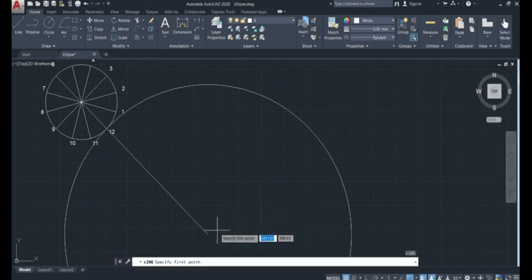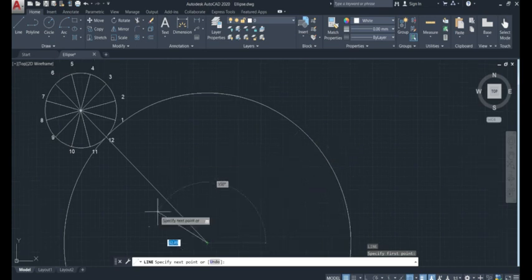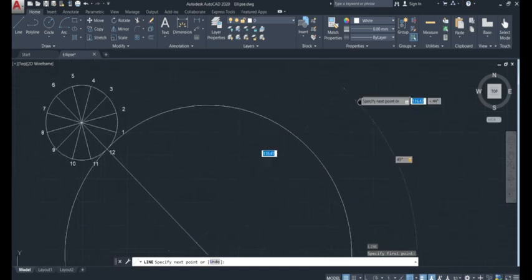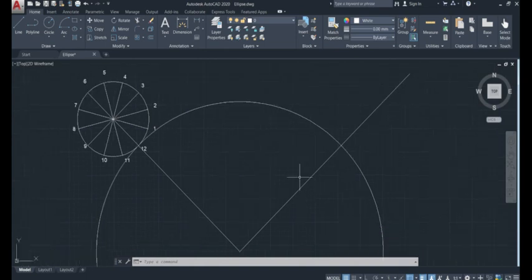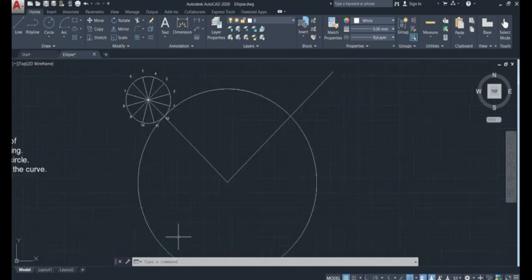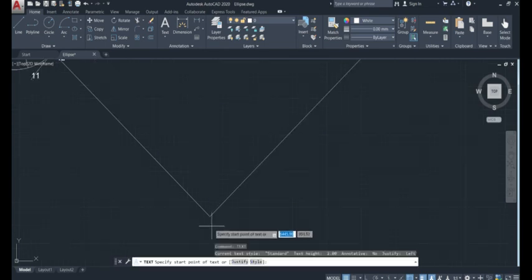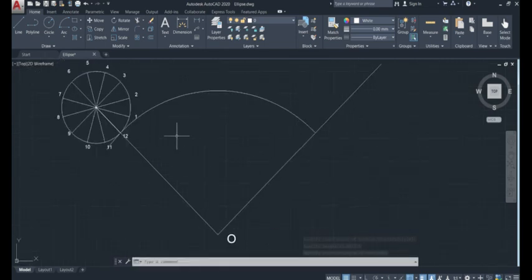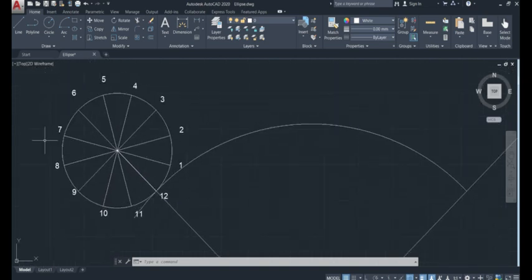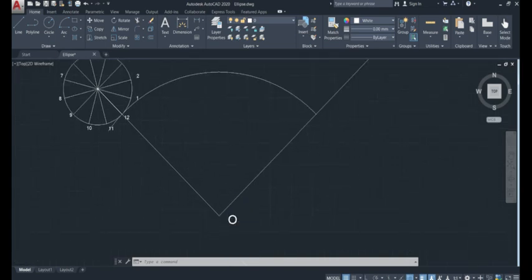So we have to draw a line starting with this center here with an included angle of 90 degree like this. So this line can be extended. Next we only need this upper portion of the drawing, so we can erase the lower portion of the directing circle. Now we can mark the center of the sector here as O. Next step is to draw different arcs with the center O and connecting different points on the circumference of the generating circle like this.